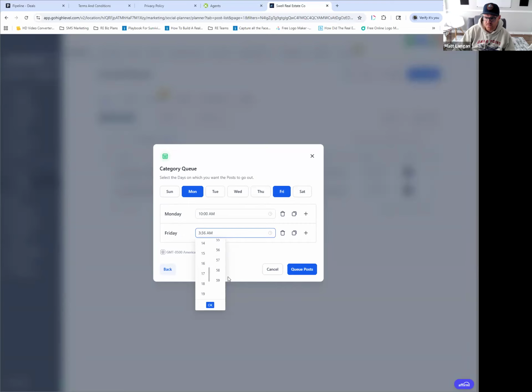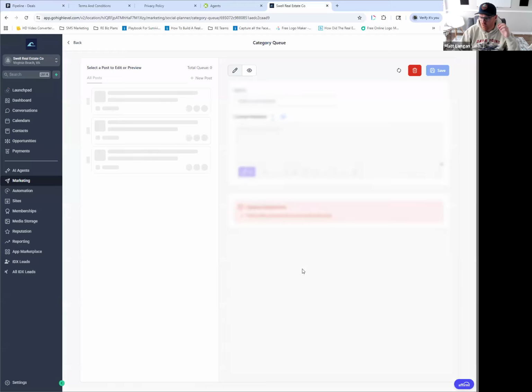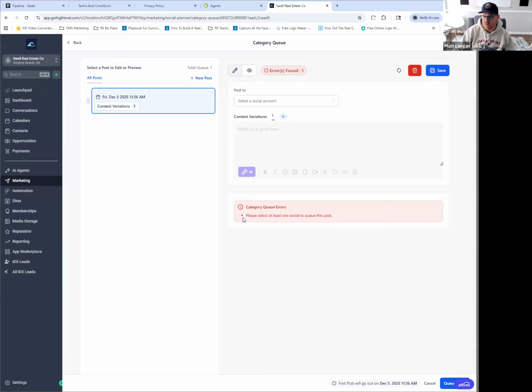Why does it say? Oh, that's why. 11:36 a.m., I don't know. I click queue posts. So what I'm basically doing, and again, I'm going to have to add posts, because right now there's no post that fits into that category. But what this is doing is I can set up